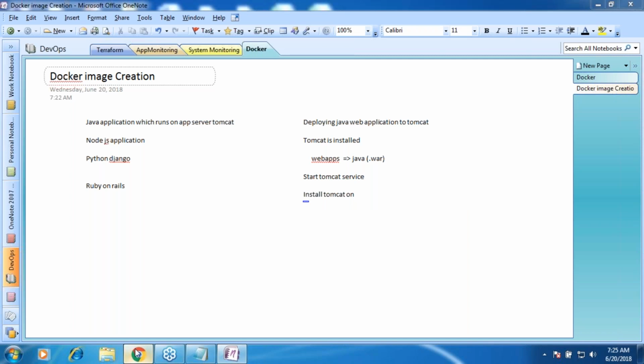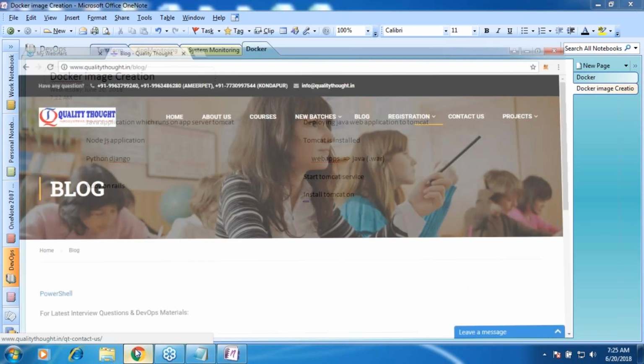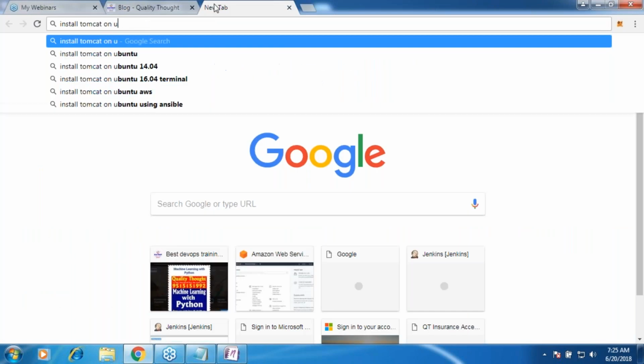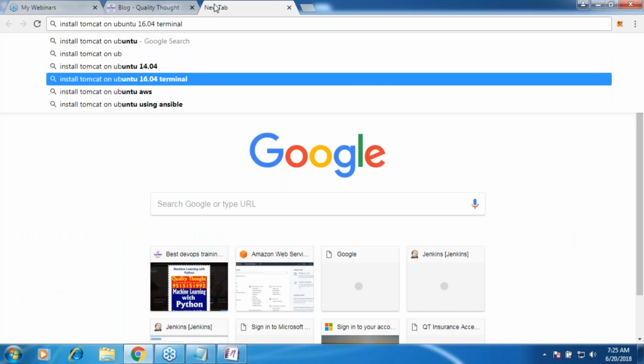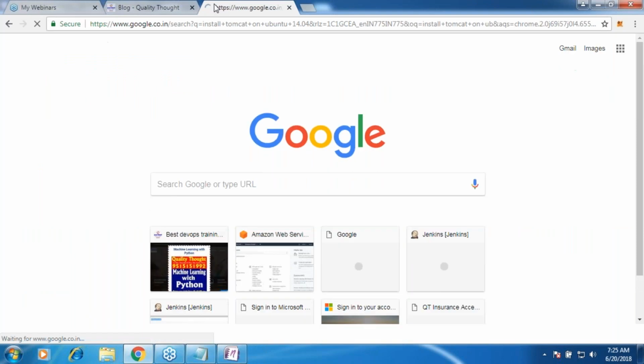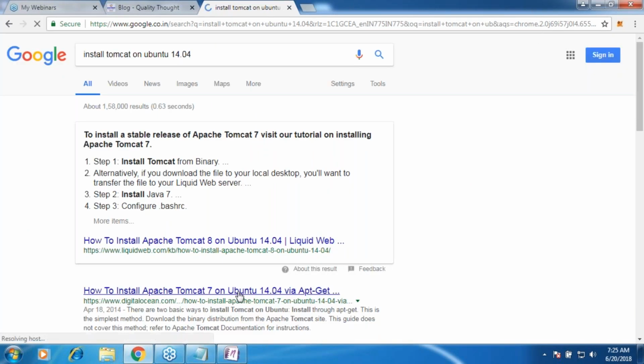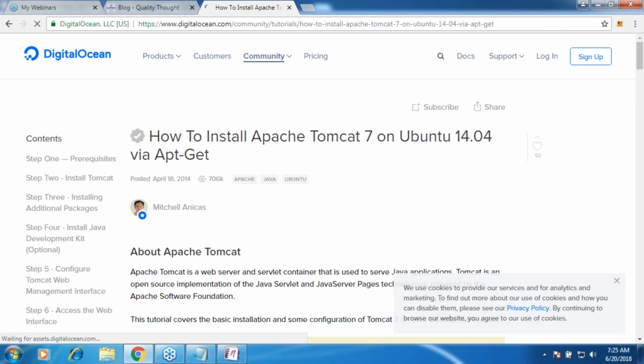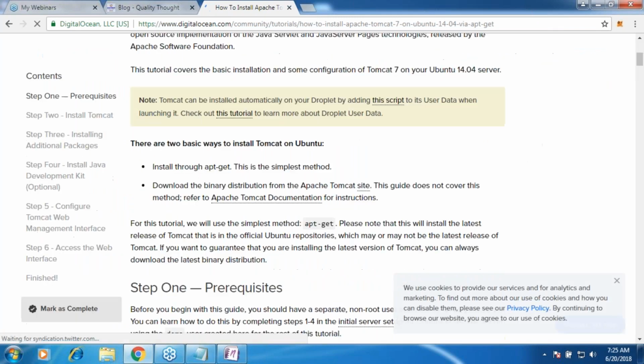For example, if I want to know the steps for installing, I can search for install Tomcat on whatever it is, and you get the whole documentation. So that's absolutely your choice, how you make it up and running.